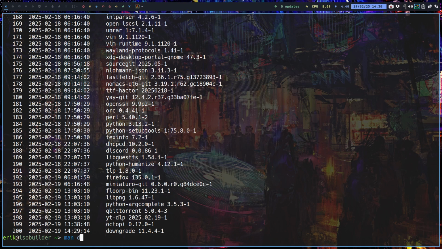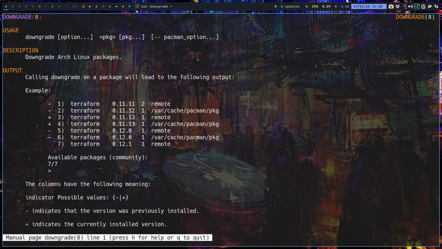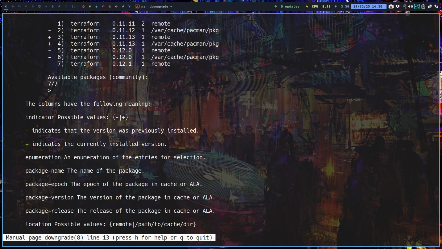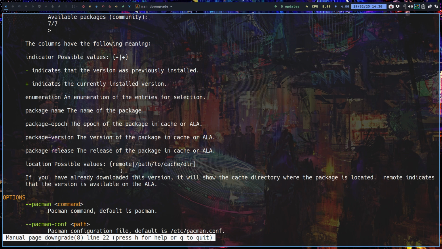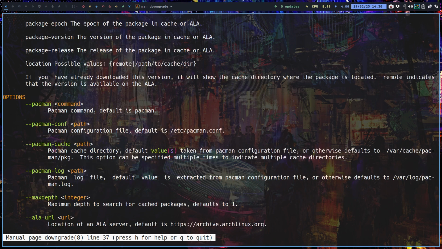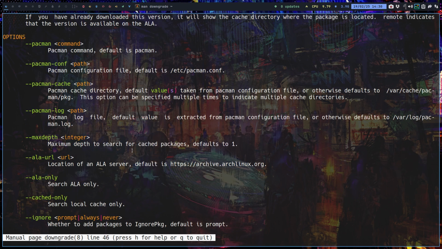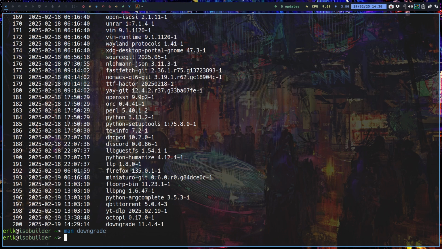Man downgrade, and if, and that's a big if, the developer has created a manual, then you can read it. You can see, okay, calling downgrade on a package will lead to the following output and so on, right? The thing is, downgrade is for Arch. It's a great tool. When things go wrong, you hear people saying there is Btrfs, there are snapshots, and